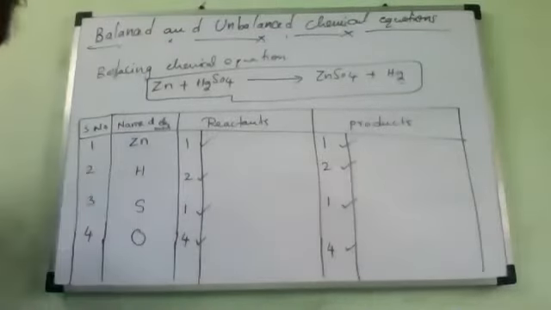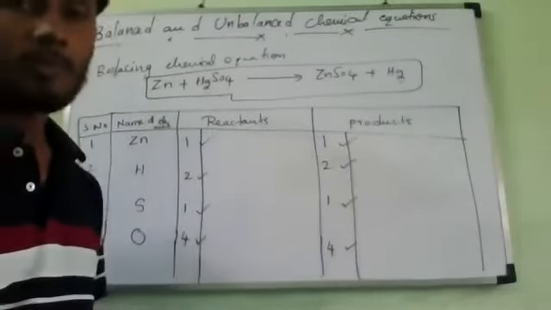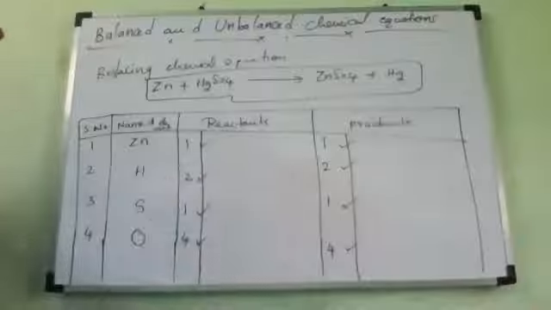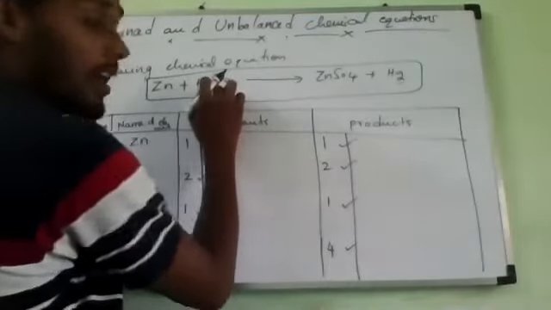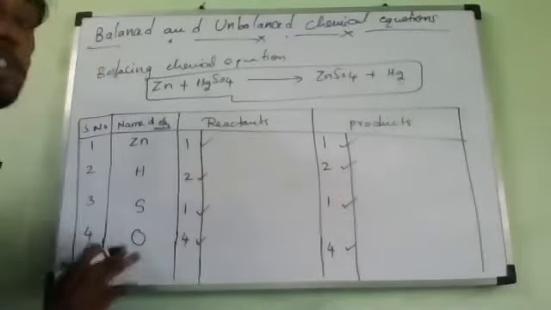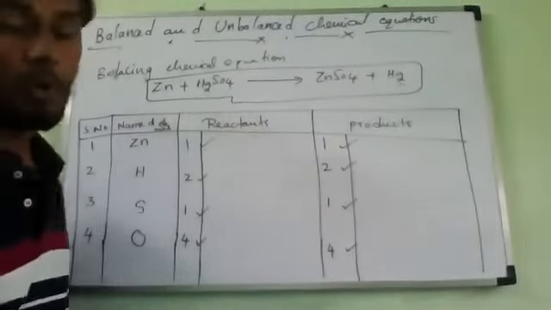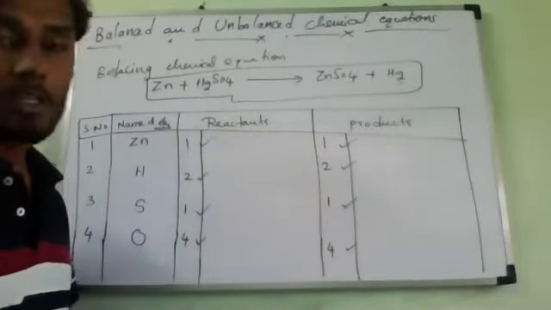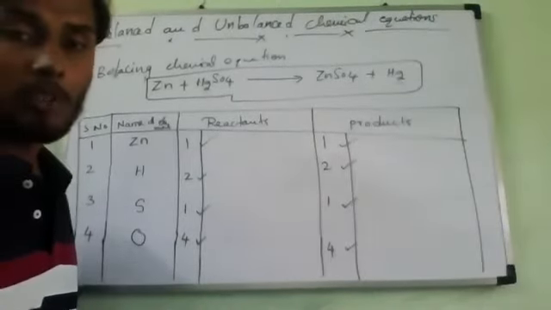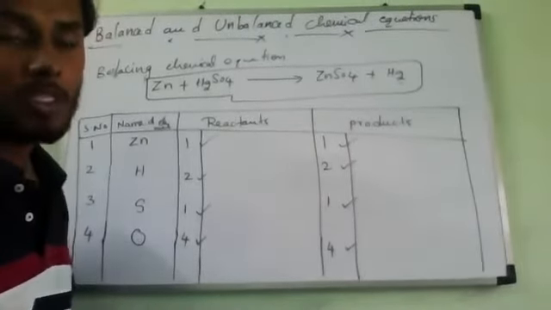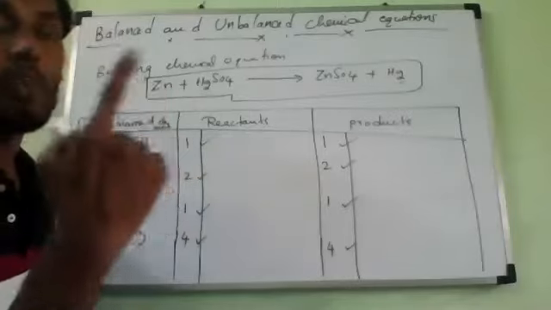This is the first equation. Sir, I have a doubt, sir. Ask me, Pranita. Why can't we write SO4 instead of writing it as 1 sulfur and 4 oxygen? We should not write it because here it is a compound, but we should know the elements which are present. We are not supposed to balance directly. We cannot write SO4. If we try to balance it, then it cannot come. Because what is the total number of atoms present in SO4? 4 oxygen atoms, one sulfur atom.